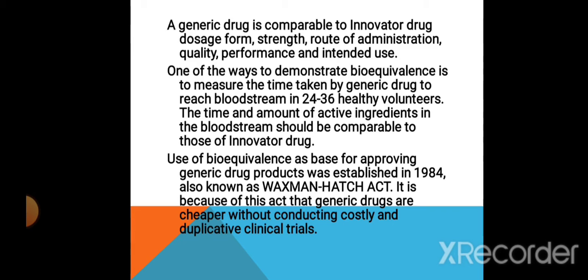When a standard or innovator drug is given to a person, its body samples should be taken up to 24 to 36 hours, and another person who consumes the generic drug should also be sampled simultaneously, at the same time. So by simultaneous sampling of both the human bodies, one who has consumed the innovator drug and the other who has consumed the generic drug,